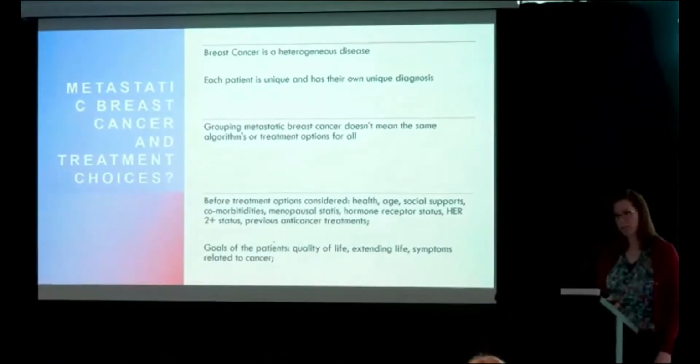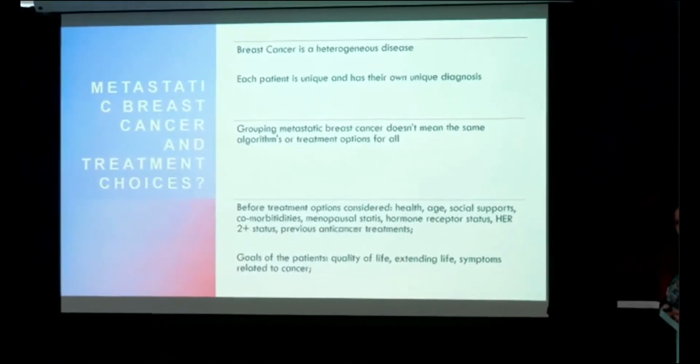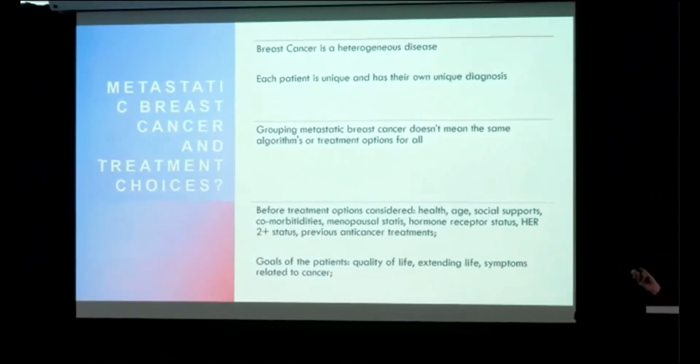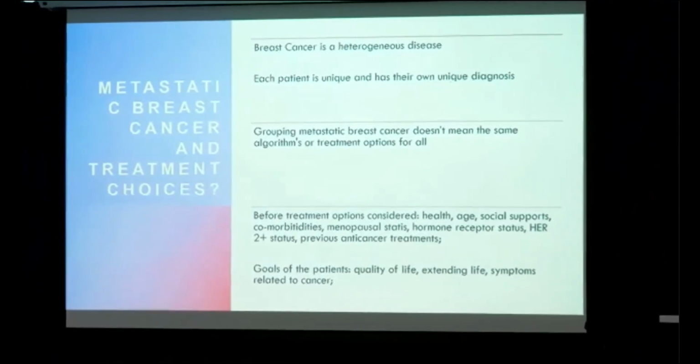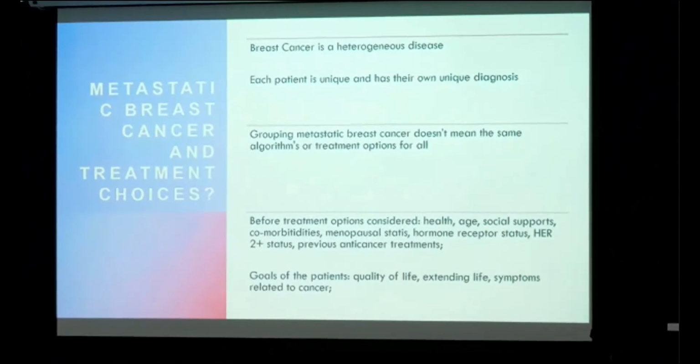Breast cancer is a heterogeneous disease. With metastatic breast cancer, there's no one algorithm, no one treatment that we can say everyone can have. You're all unique, you've all got your own breast cancer disease, and therefore the treatments for each of you will be different. When you meet with your oncologist, if you have an oncologist, they will look at many, many things before deciding your treatment. They'll be looking at your age, your comorbidities, have you had previous treatment, your hormonal status, your HER2 status, any other treatments and medications you may be on,